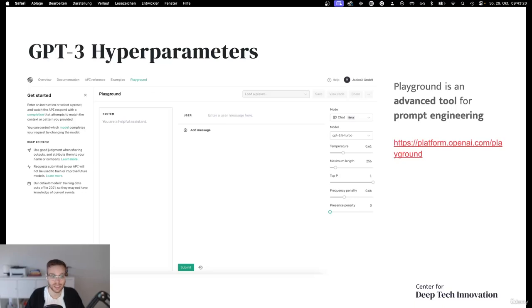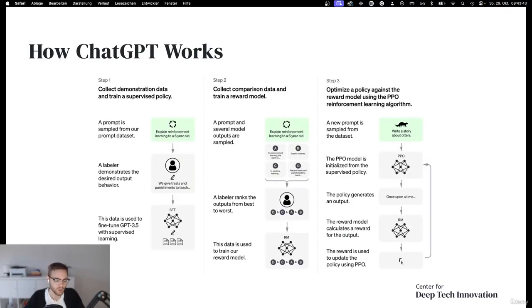You can tweak these hyperparameters in the OpenAI playground, in the OpenAI API, or in EndEngine that I will show you later, where you can play around and do experiments, especially with temperature, with top P, and with frequency penalty. So we know now a little bit generally how these large language models work, how neural networks work,